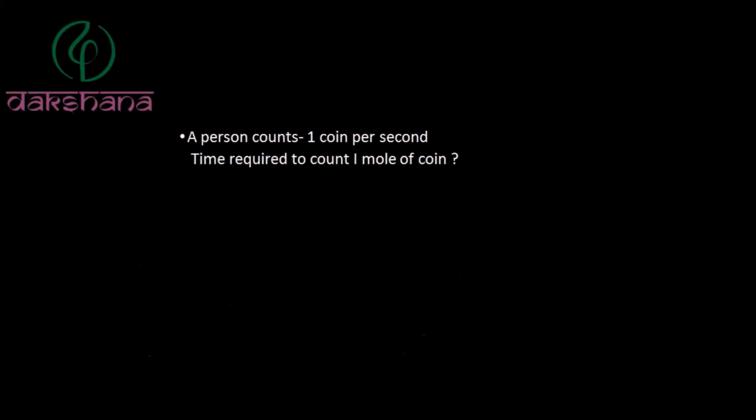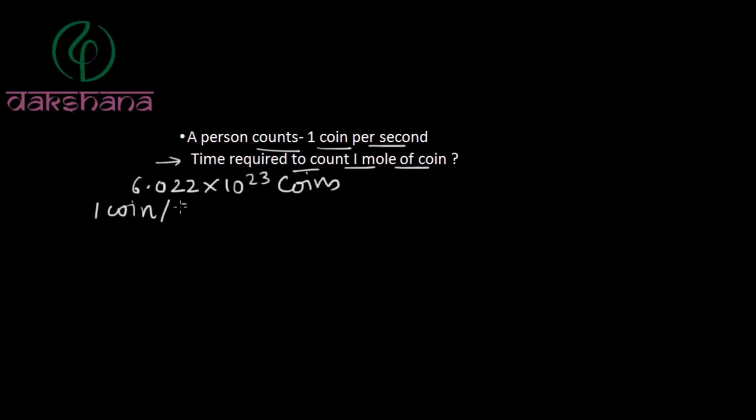Now let me give you an idea about how big this Avogadro's number is. If a person is counting one coin per second, then we need to estimate the time that will be required to count 1 mole of coins. Basically we need to find out how much time will be required to count 6.022 into 10 to the power 23 coins. So it's given that a person is counting one coin per second. Okay, so the time will be equal to